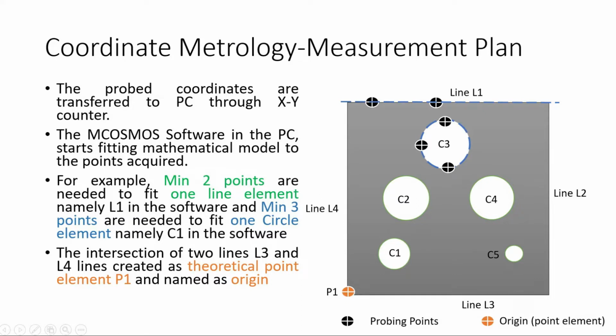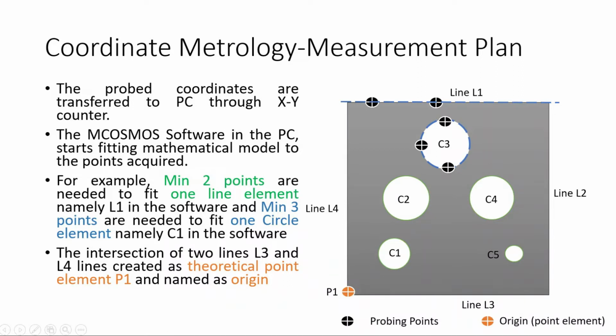Followed by changing the icon to circle, you can define the points again, as I said earlier. Minimum 3 points are required for plotting one circle, but if you increase the number of points, the accuracy of fitting the mathematical component to that cloud of points will be higher. So then you can complete all the circle elements. Once all the points are probed, if you have some complex shape like a gear profile, you can choose the point element. Continuously you can pick up the point element and you can fit any polyline to it in the AutoCAD software.